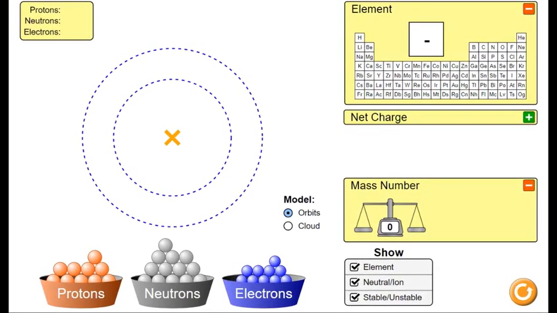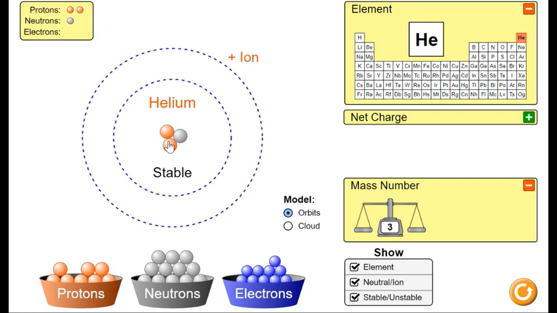Now here, consider this is the nucleus. Suppose if I add a proton here, it becomes a hydrogen element, and what is its mass number? 1. Now similarly, if I add another proton here, the mass number became 2. Clear? I'll add a neutron as well to make it stable.